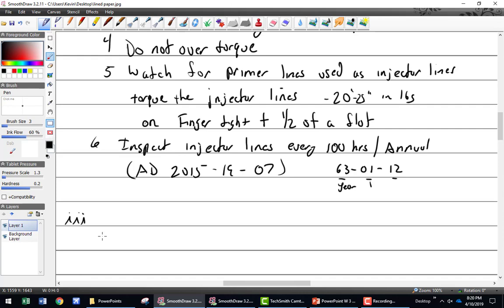Now, if it said every 100-hour inspection and you weren't doing it, I don't know if they word them that way. It would be every 100 hours or annual, whichever comes first, or I have to read it, but newer style. You're inspecting the injector lines. There's an AD that has very specific requirements about where the clamps go, how often they're clamped, the part numbers of the clamps. You can't mess with that, because the fuel injector lines are subject to vibration,